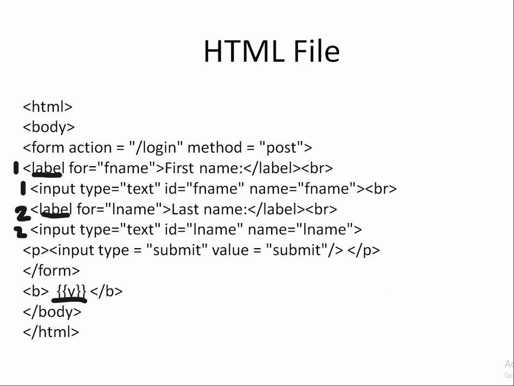So please keep this in mind, so that while we are going to the next slide, you can identify how to retrieve this Y value from the previous Python file, that is the Python Flask file, right? So now let's move on to the next. So we have started HTML, ended. Similarly, body has been started, body has been ended, and this is the form, and we are going to render back to the Y. So the rendering information will be available in your Python file.